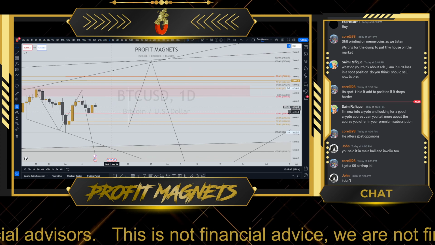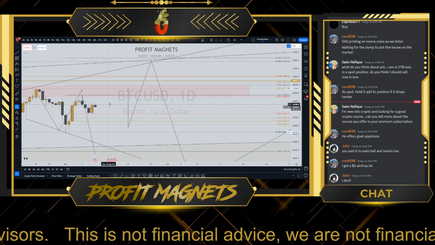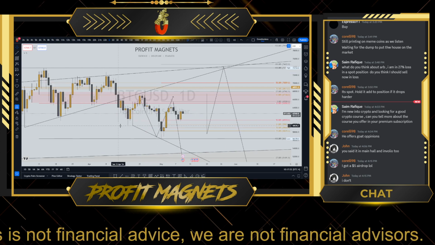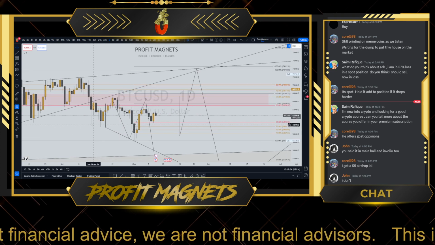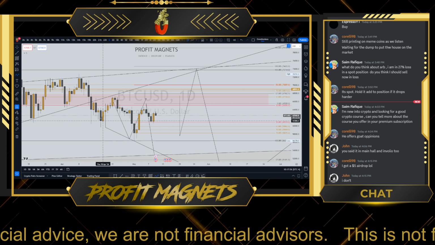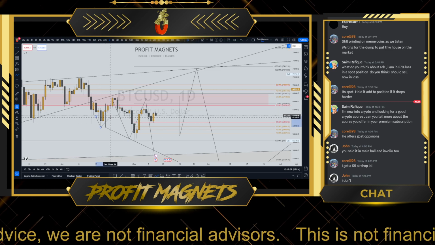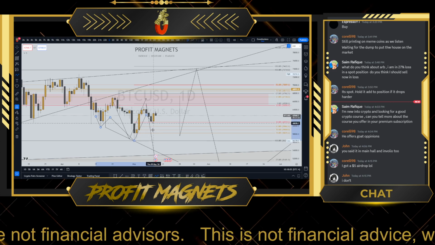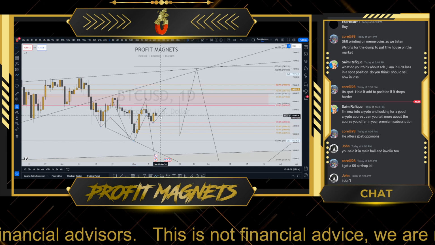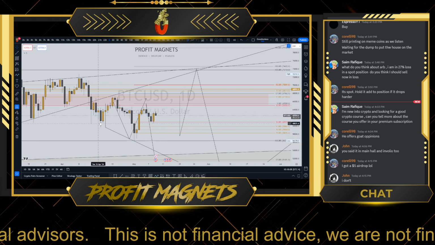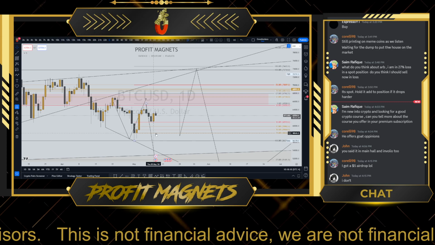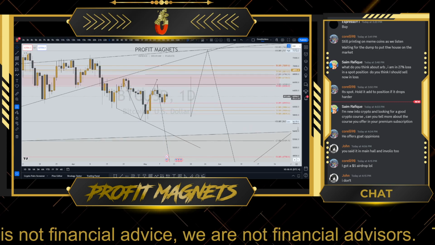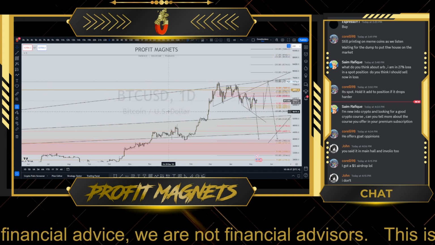Sure, here we have a Fibonacci, which could potentially turn bullish. We also have what could be an inverted head and shoulders. Let me show you guys what I mean. The left shoulder, the head, the right shoulder, right? This is a bullish formation if it comes through. If it doesn't come through, you could potentially find support here or potentially even start to move lower here to the downside to our targets.